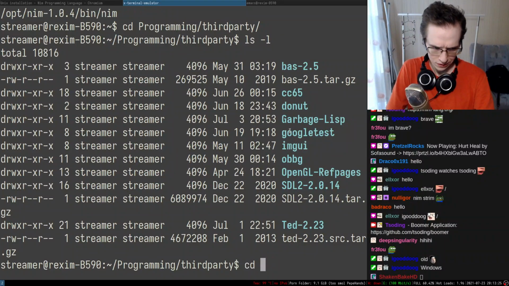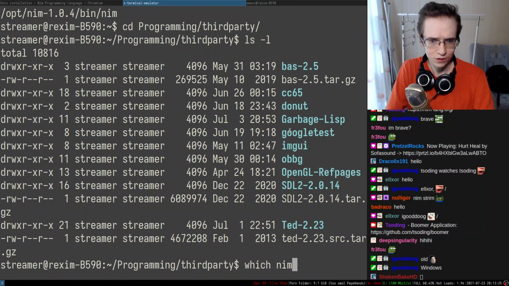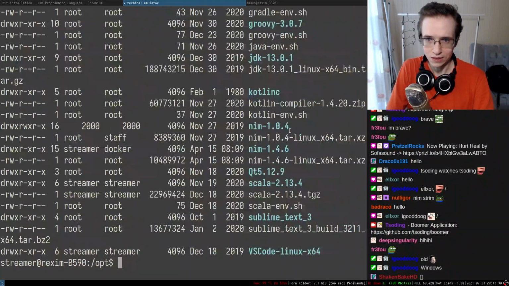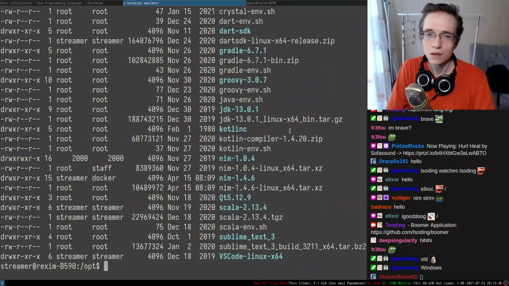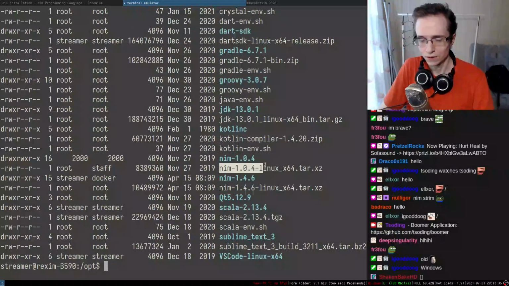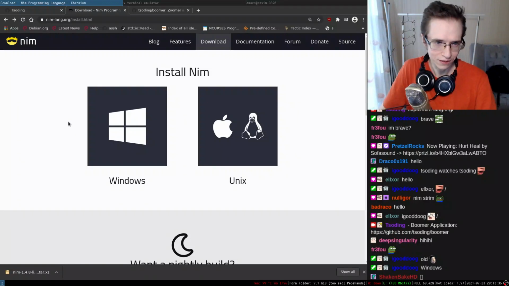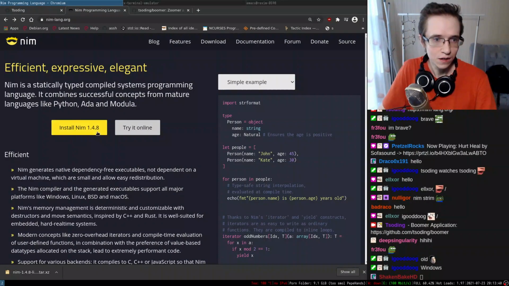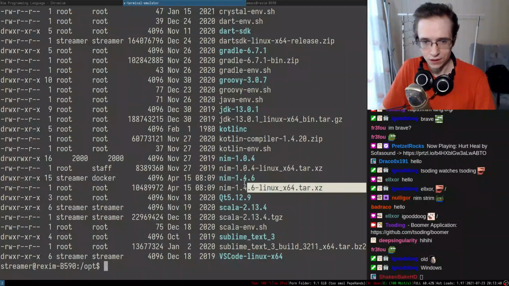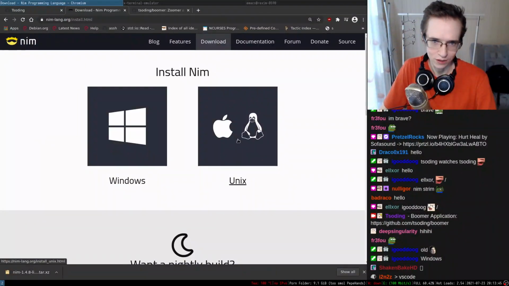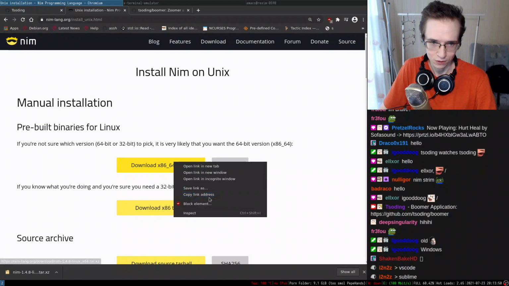And I wonder, like, it is installed in OPT. Do I keep all of my archives in OPT? I think I do. I saw Nim. Yeah, apparently. Oh, I do. Apparently, I do have a more or less latest version. It's just like, yeah, my config is not redirected to it. But I mean, I think it makes sense to actually use the latest version. Right, so let's quickly do that.